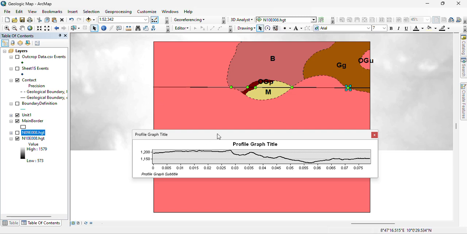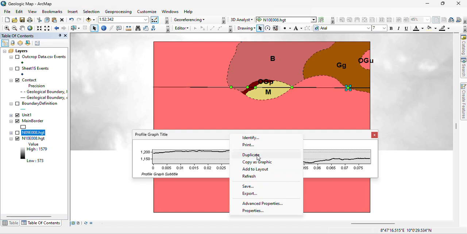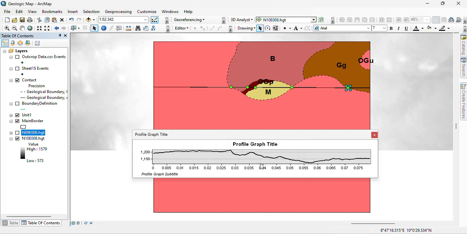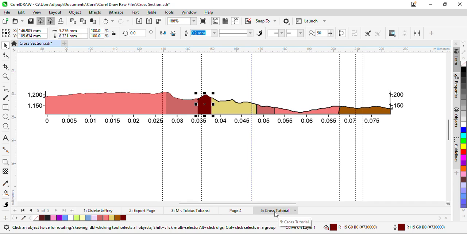Once you've done this, you click on this and click copy this graphic. For those who have an idea of graphics, you'll enjoy this, because the next step is using a third-party app, which is CorelDRAW. I usually use CorelDRAW for my work because it's faster and easier. So I go to CorelDRAW,